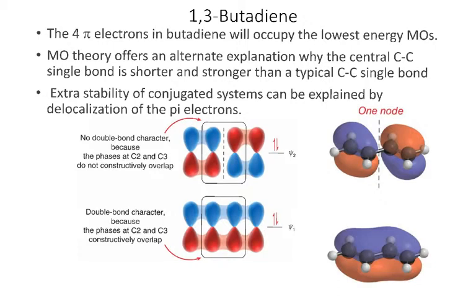Okay, so let's consider a couple things that molecular orbital theory can help us explain about the properties of these conjugated pi systems. So we said before that the 4 pi electrons in butadiene will occupy the 2 lowest molecular orbitals. And so I've pictured those 2 here. So one of the things that we mentioned about 1,3-butadiene is that